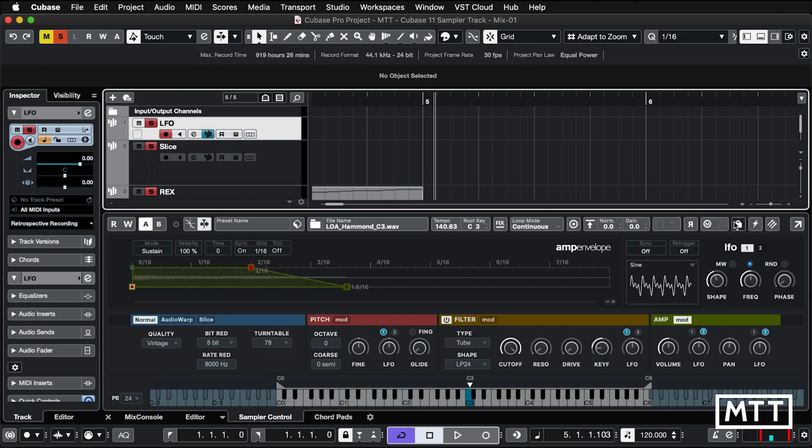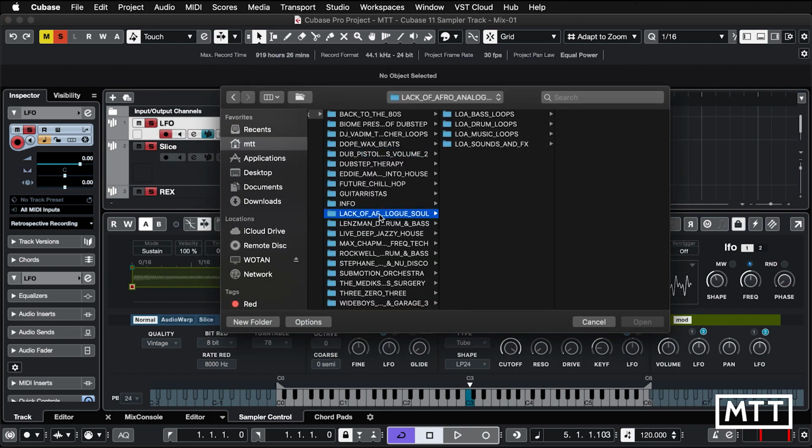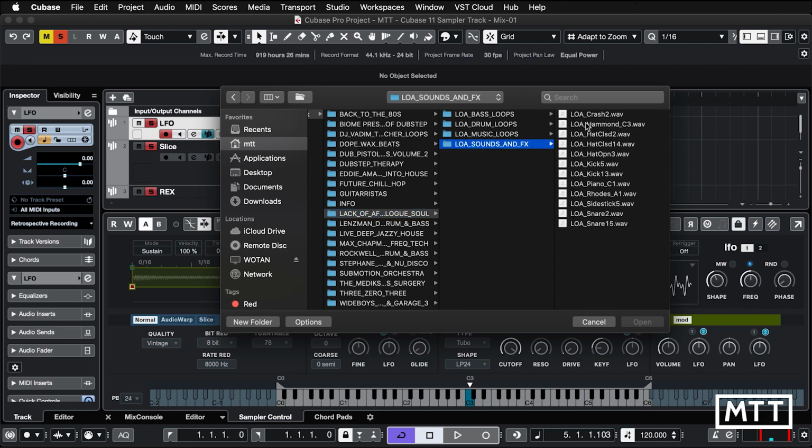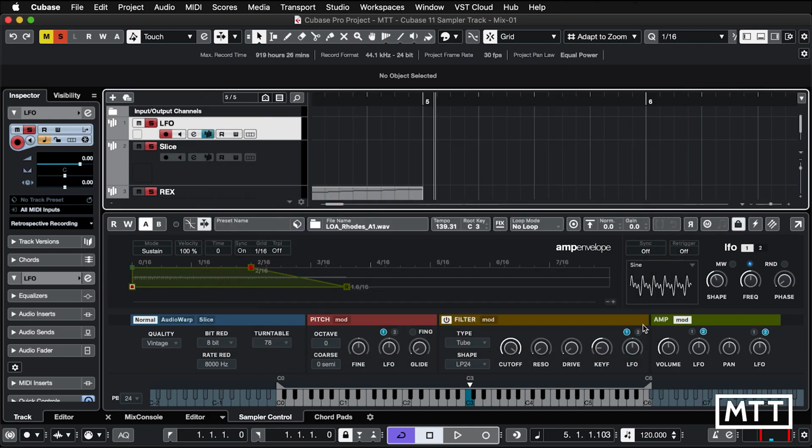Another nice small touch is that we can lock all of the parameter settings for a given sample. So in this case, I'm going to lock that. And if I load up a new sample, all of these other settings will be retained. So we'll only change the sample, which is useful. So I'm going to change that Hammond to a Rhodes. To load that up, everything else has stayed the same. So you can see that all of the settings are exactly as they were before. And now we've got just that Rhodes with all of those settings